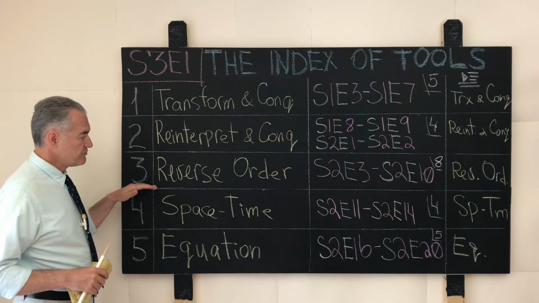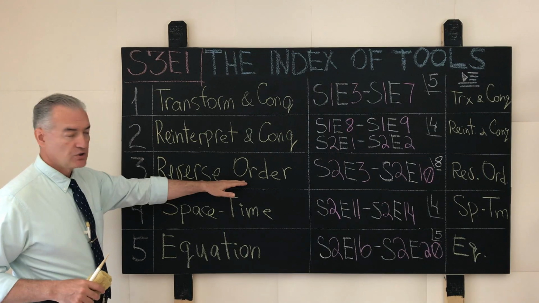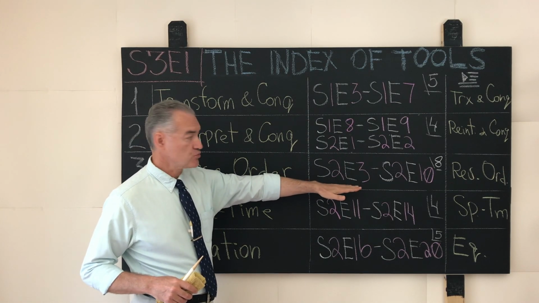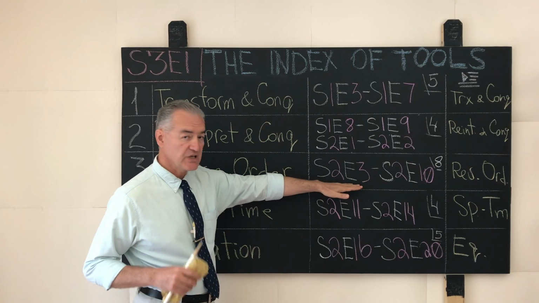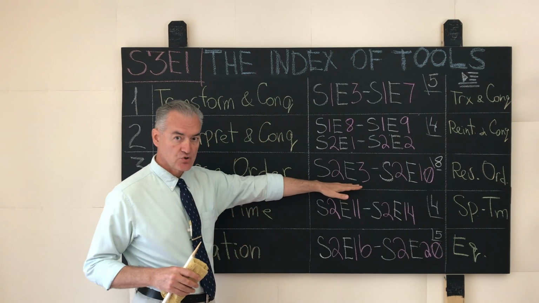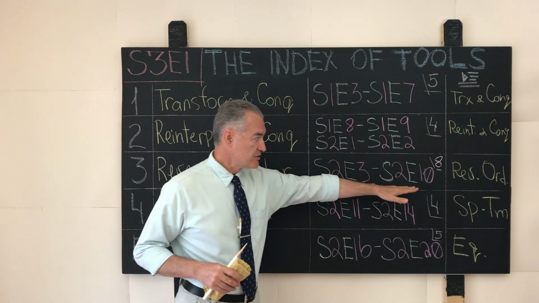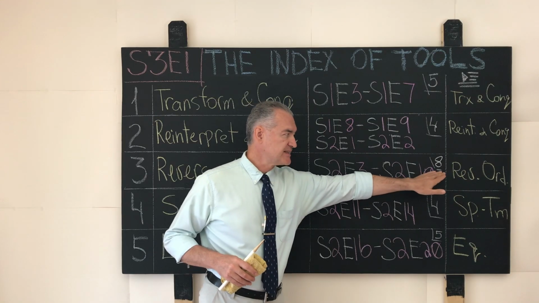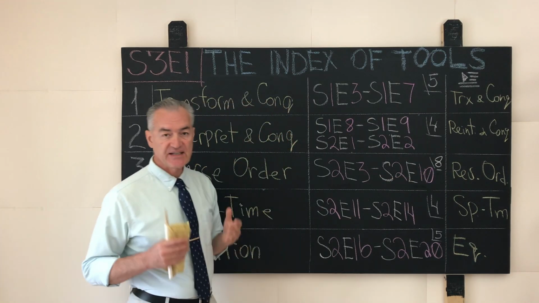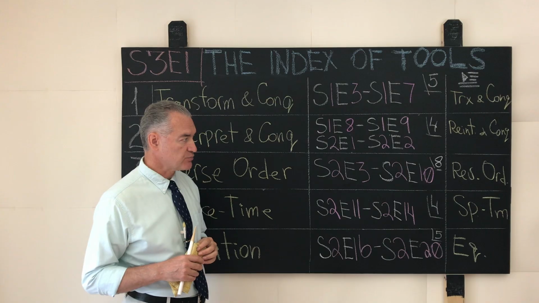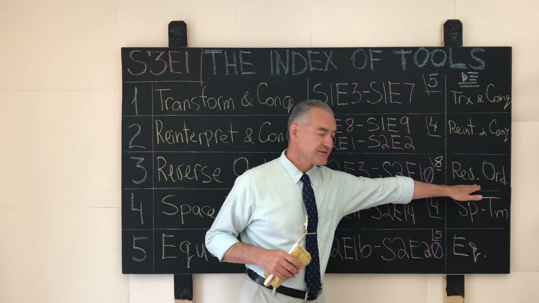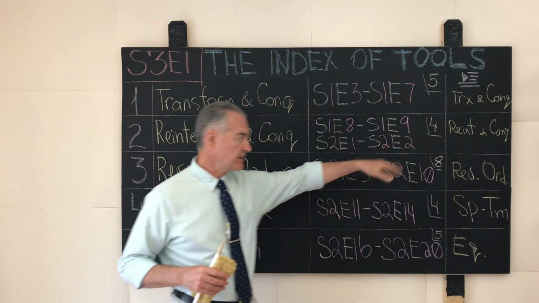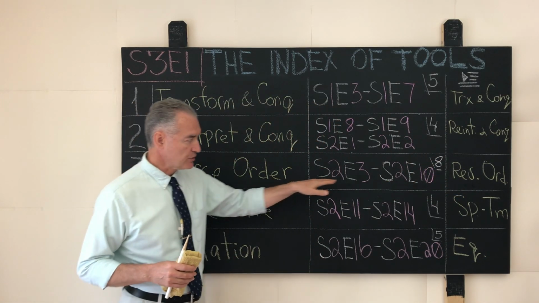Problem-solving approach number 3 is called reverse order. I explained the mechanics of how that problem-solving approach works in Season 2, Episode 3, and we carried the solution of problems using the reverse order approach through Season 2, Episode 10. You can see no less than 8 episodes we dedicated to that approach. The playlist is called Reverse Order. Be my guest, find this playlist and go to town on working with the material.